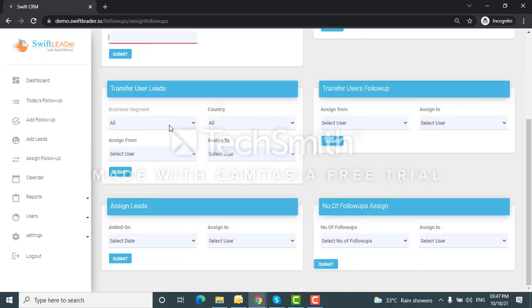For example, if one user is following 500 leads, then all 500 leads can be transferred to another user. This will be helpful if any new executives are joining and existing executives are leaving. So those leads will be transferred to other persons very easily. Even suppose one executive or support person will be on leave for the next month, the total follow-up can be transferred to another user. In this way the assigning follow-up will be operated over here.